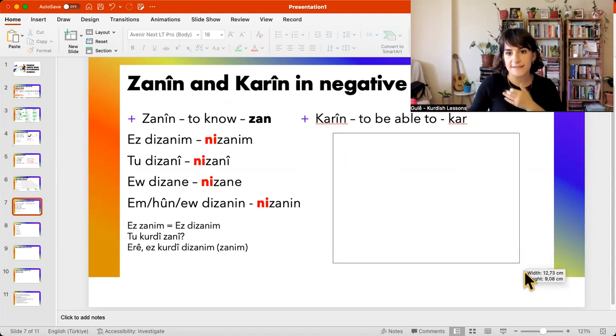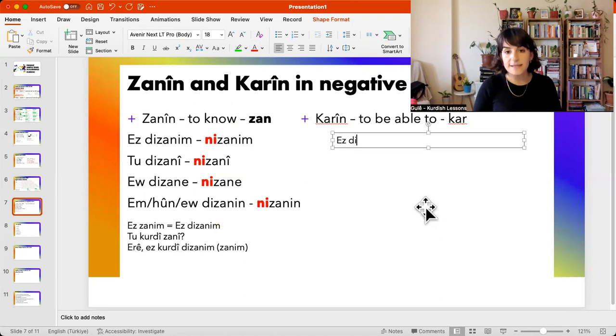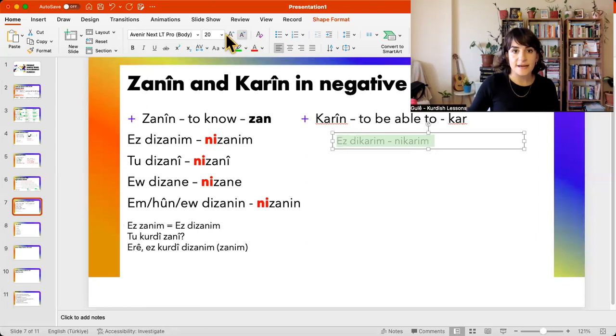The second one is karin, which means to be able to. So "as the karin" is "I can." "Nikarim," I cannot. "As nikarim." You see, it is "ni," it's not "na," "kar." You memorize these two verbs. Negative form takes